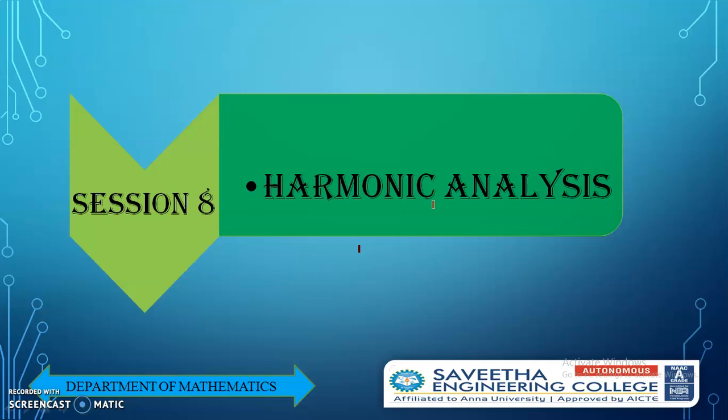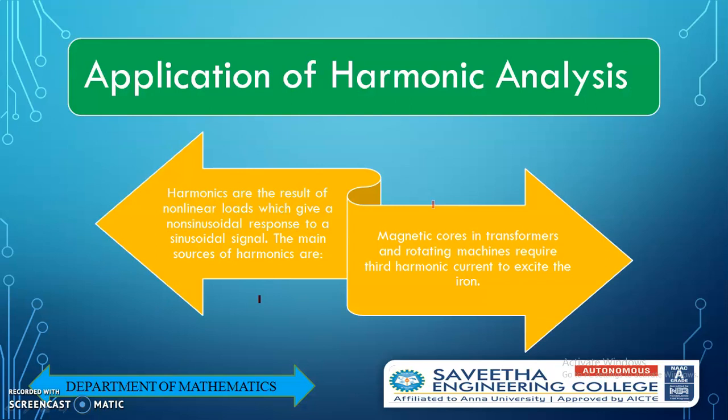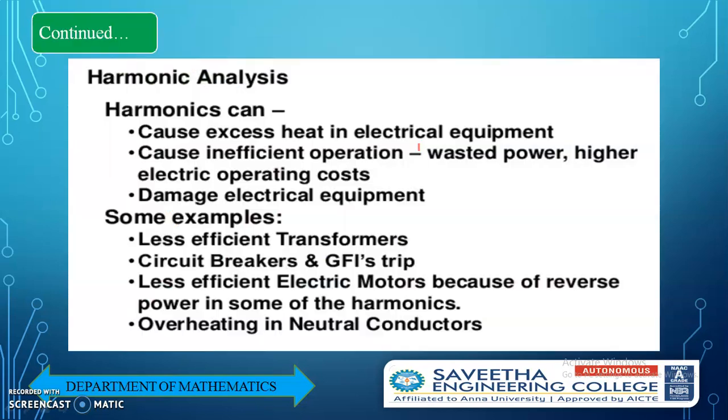So this is a very important chapter. I will tell how we can use the calculators during this session. First we shall go through the applications of harmonic analysis. The application is that a wave frequency can be converted into sine and cosine form, and we can transform it into numerical values. That is the main application of harmonic analysis. It is used in the engineering field as well as in physics. These are very important applications for the science and engineering departments.